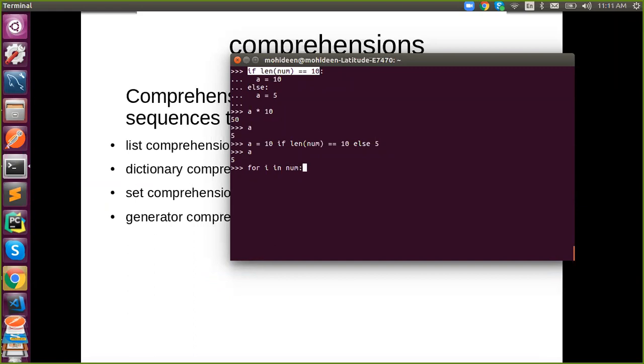We know that after the colon we utilize i inside, right? But in this one-line for loop, we utilize that next line's content in the same line, like this, and this should be inside some data type syntax. If I write it like this, it is called list comprehension.